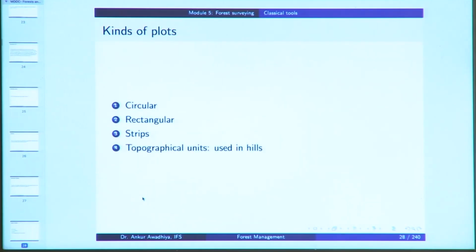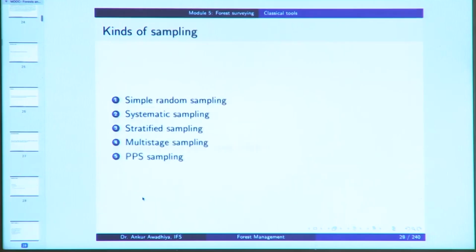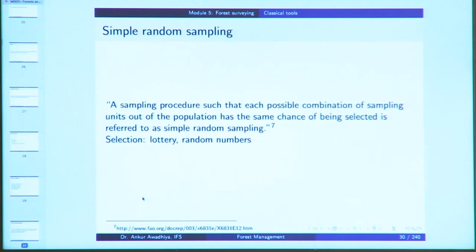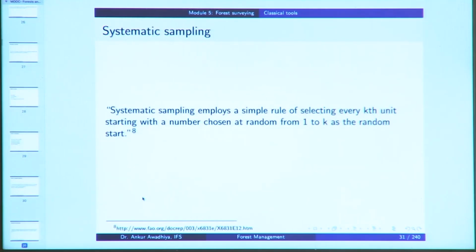Now, we looked at the kinds of plots. They can be circular, rectangular, strips, or they can even be topographical units as are used in hills. Now, depending on the procedure, we define simple random sampling, in which case each possible combination of sampling units out of the population has the same chance of being selected, such as a lottery. Then there is systematic sampling, which uses a formula of selecting every kth unit starting with a number that is